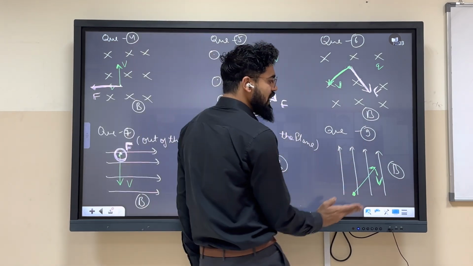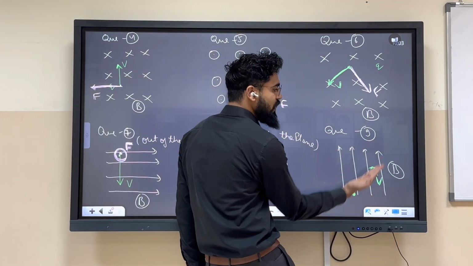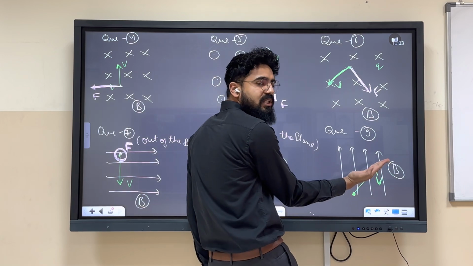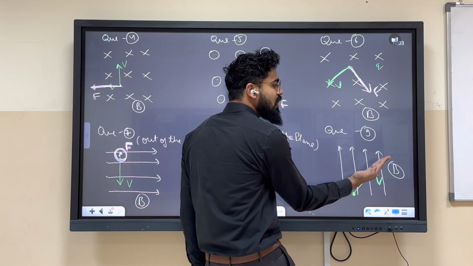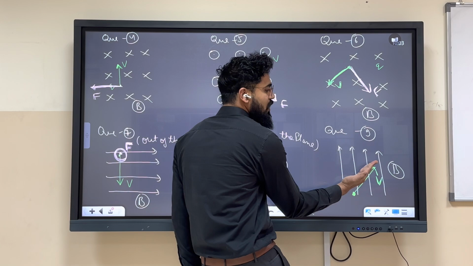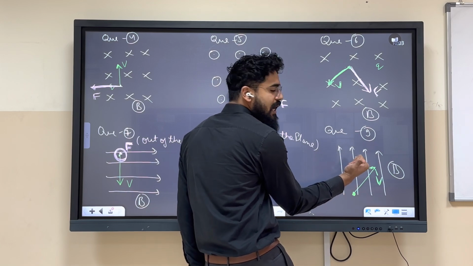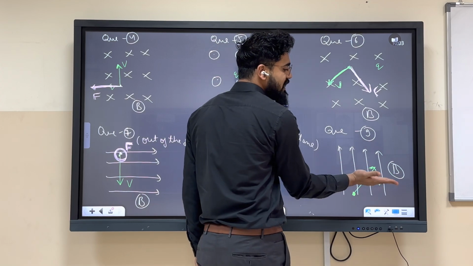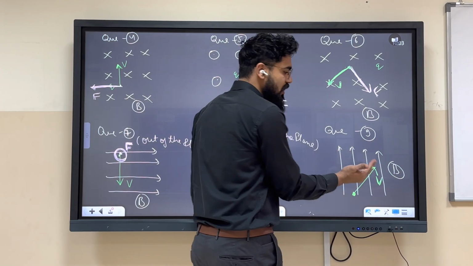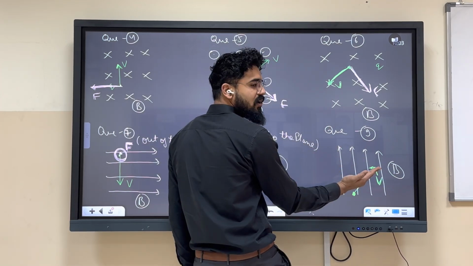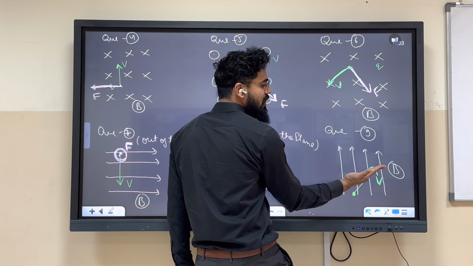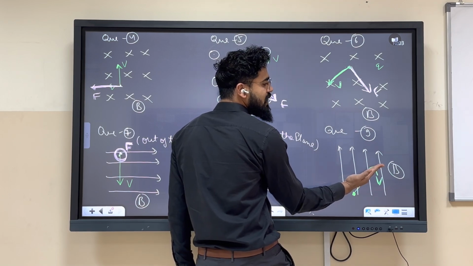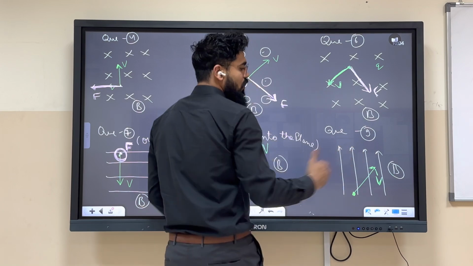So V and velocity, magnetic field is in what direction? In the upward direction. V cross B. Okay? It does not matter if V was like this. If V was like this, again over here. Are you getting it? But in this case, V cross V over here and in the direction of magnetic field. So over here. Okay?